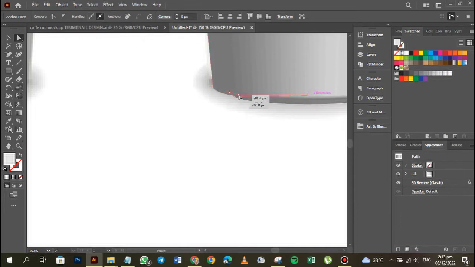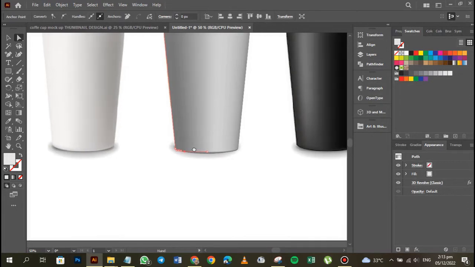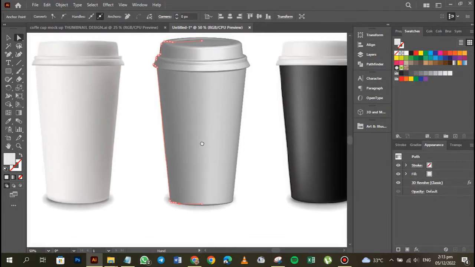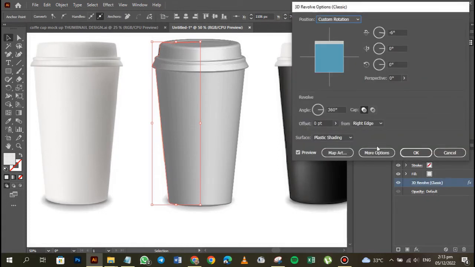It's too much. Okay. So we gave him a kind of base under, right? Okay. So we now have this. Now let's go back to our 3D revolve and let's see if we can add more steps